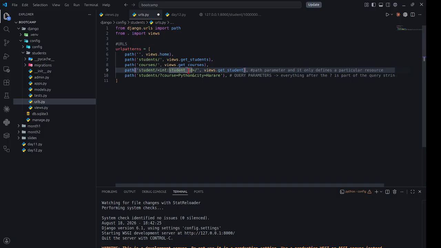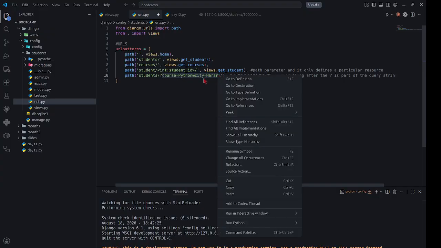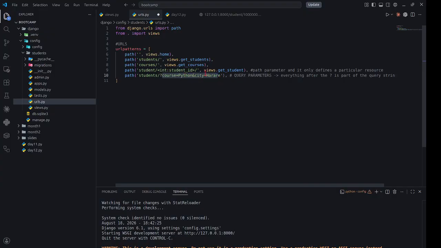And the second one says give me the students, but filter them with these query parameters. Filter them so that I only receive students starting Python and students that live in Harare. So this filters the students for you, right? So that's the difference between these two,